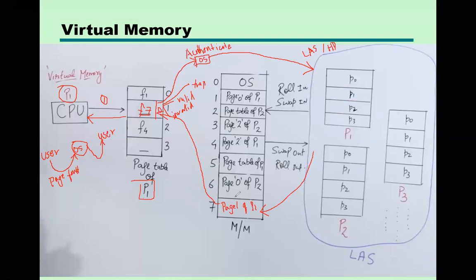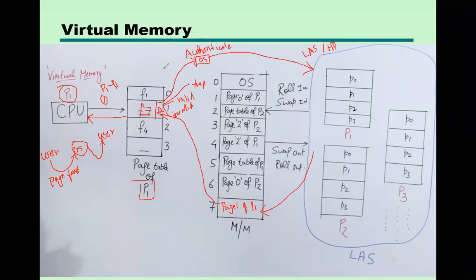The CPU asks for page 1 from process 1. This is the first step, right? The CPU asks for page 1 from process 1. Then the CPU looks into the page table for the respective entry. What kind of entry? From process 1, you want page 1. But this entry is not available in the page table, right? For page 1, no entry is available. Here 0 indicates invalid. It means the entry is not available.